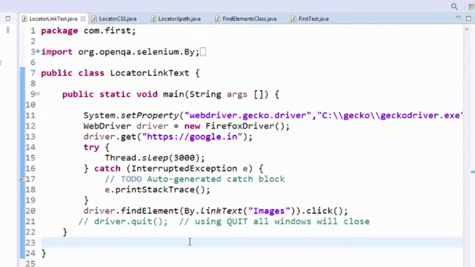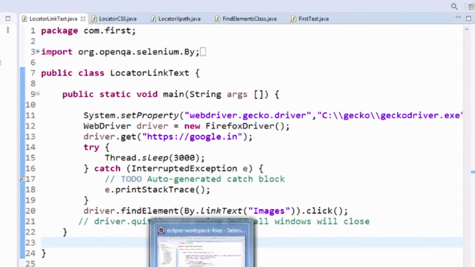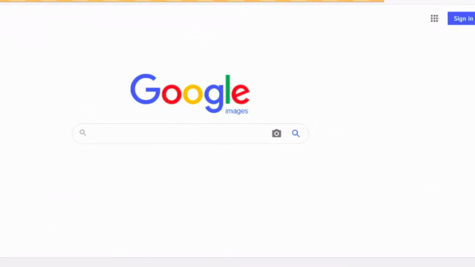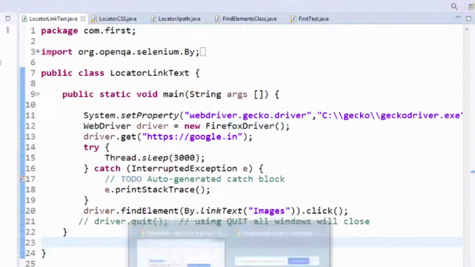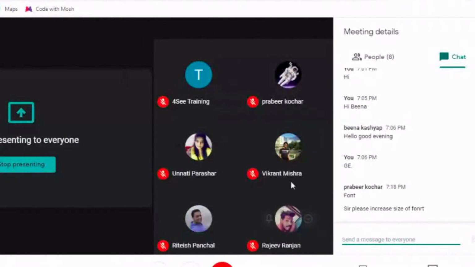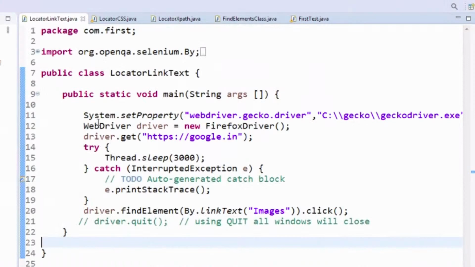Is there any doubt up to this point, anyone? Okay, fine. So we can proceed. We have discussed ID, we have discussed name, link text.